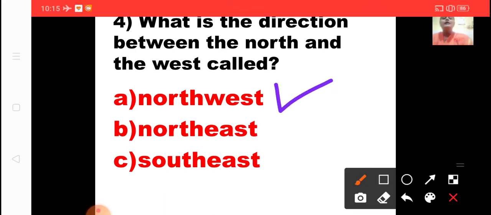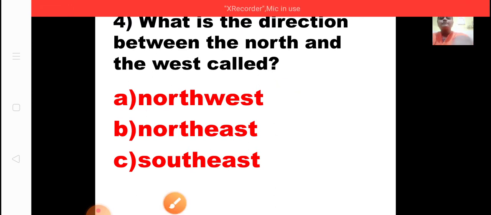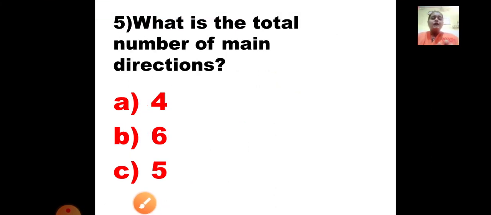Okay, let us move on to the fifth one. See children, if you read the question properly, you understand the meaning of the question, definitely you will choose the correct answer. But for that you should do learning, you should do the revision, you should do self study more and more, which will help you to solve your paper very easily.